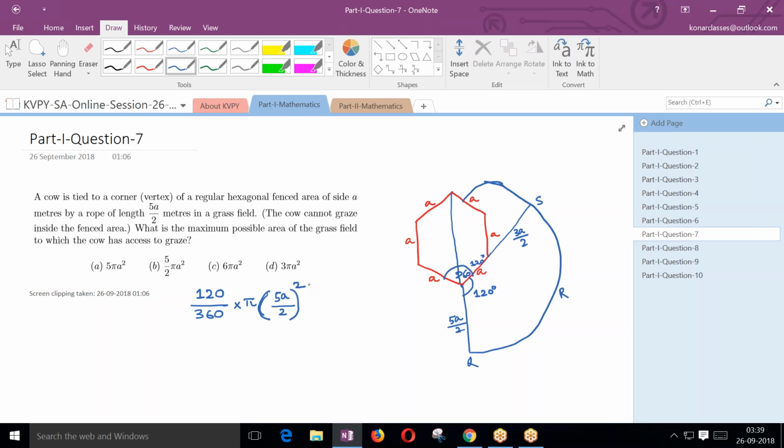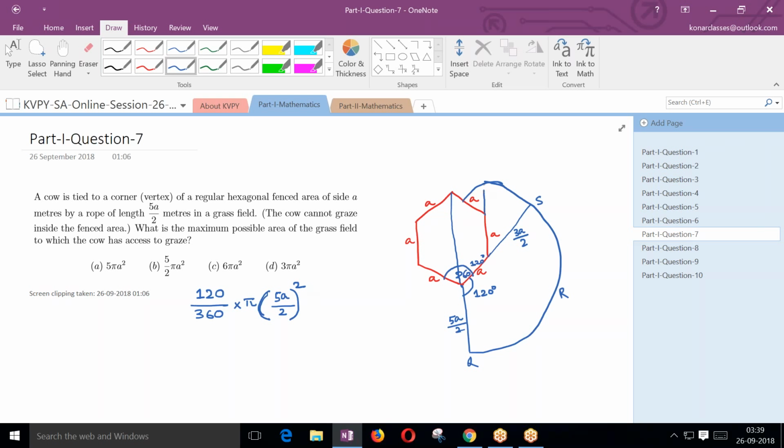That is the area of the region: 120 by 360 into pi into (5a by 2) whole square. So that we get the area of the region PQRS. Now we need to find another portion of the area of the region. So if we extend this one,